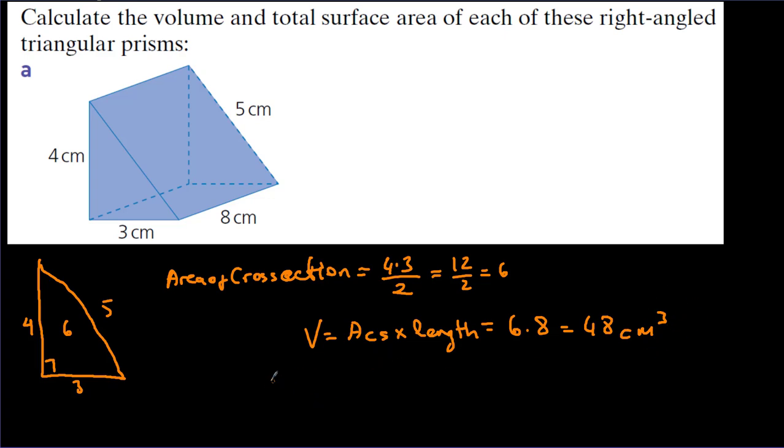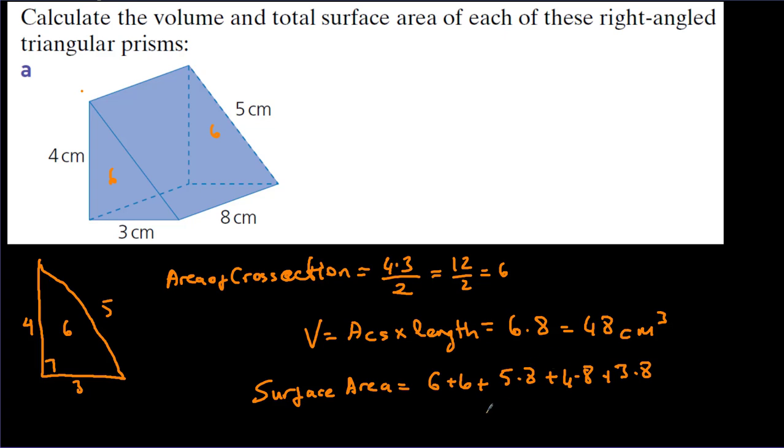And the total surface area, I'm going to calculate one by one each of them. Here, the area of this one is 6, and this one is also 6. Then there are 3 rectangles: 6 plus 6 plus, which is already calculated, that's why I'm writing, 5 times 8, this is the top, and here behind 4 times 8 plus 4 times 8, and bottom 3 times 8,